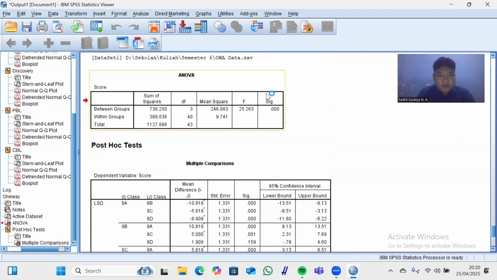So that's all for the normality test, the one-way ANOVA, and then the post-hoc test. The interpretation of all the results we already got will be explained by Amanda after this. Thank you.